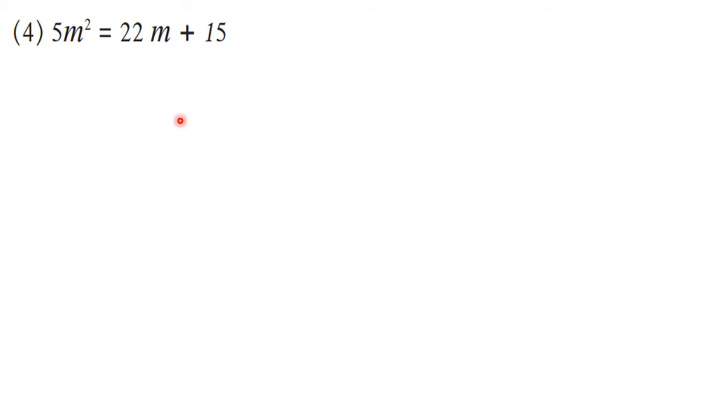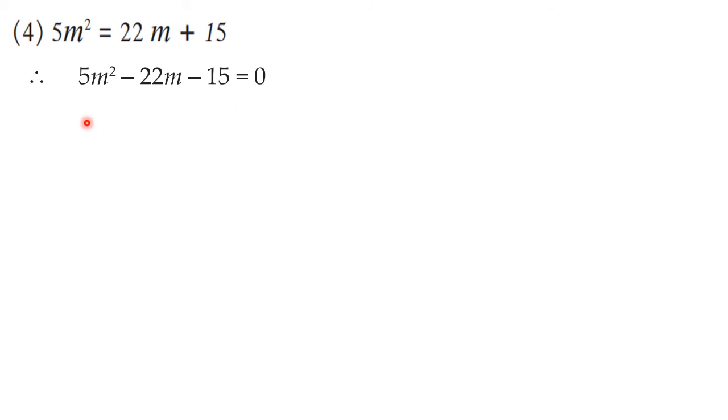Okay, so now this is the question. 5m square is equal to 22m plus 15. First of all, we have to write down the equation in standard form, that is x square plus bx plus c is equal to 0. So all the terms we have to shift to the left hand side. While doing it, you have to shift the terms which are on the right hand side to the left hand side. So see, 5m square as it is, then plus 22m will become minus 22m and plus 15 will become minus 15. Okay, so convert it to standard form.